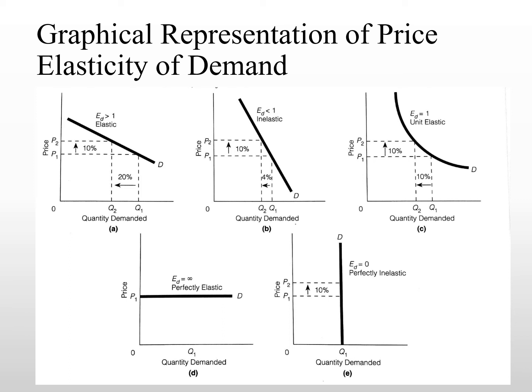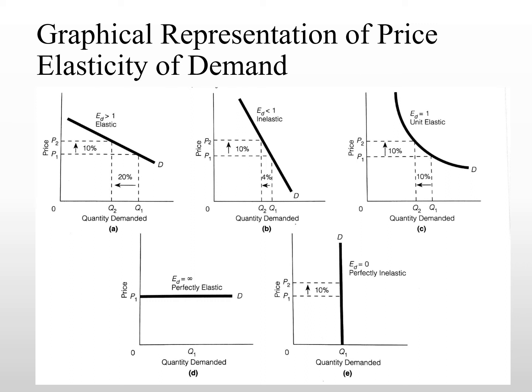On the other hand, if you look at graph B, you will see a very steeply sloping demand curve. This is the kind of demand curve that we usually consider inelastic, because a big change in price causes only a small change in quantity demanded. A unit elastic demand usually will not be a straight line, because in a straight line the elasticity of demand changes at every single point. The only case where you will find unit elastic demand is when the demand curve is concave towards the origin of the graph.